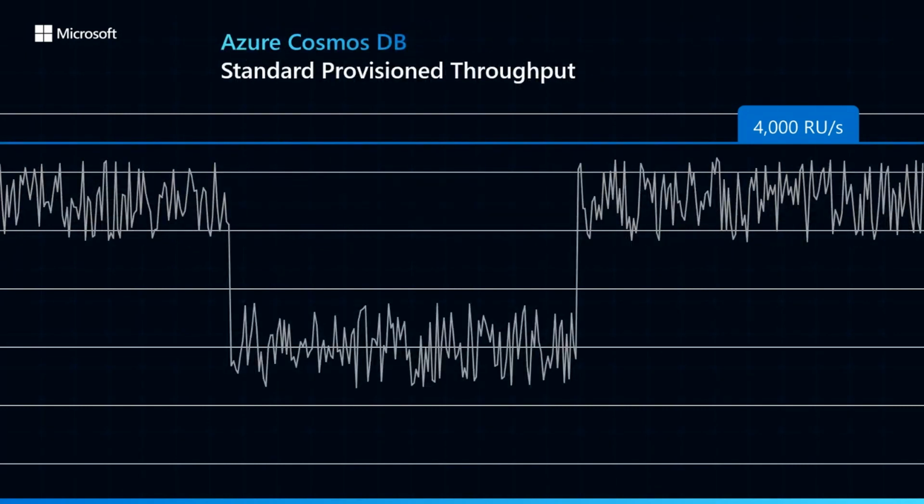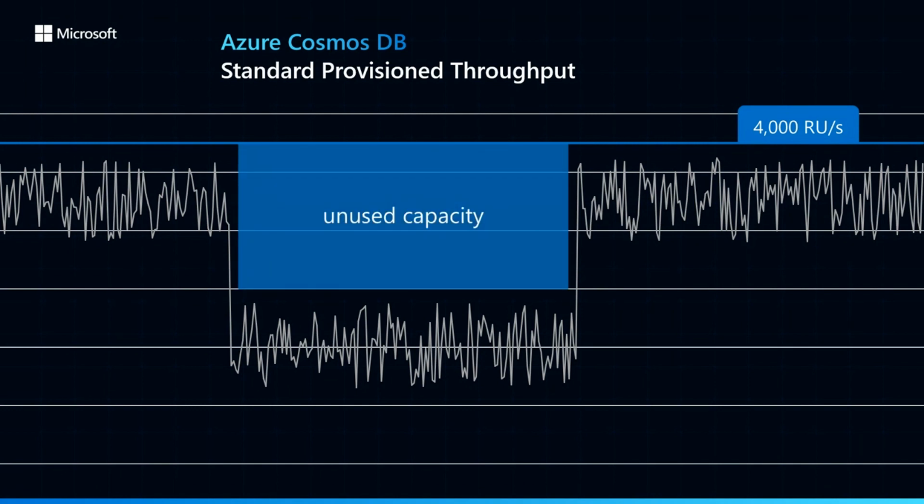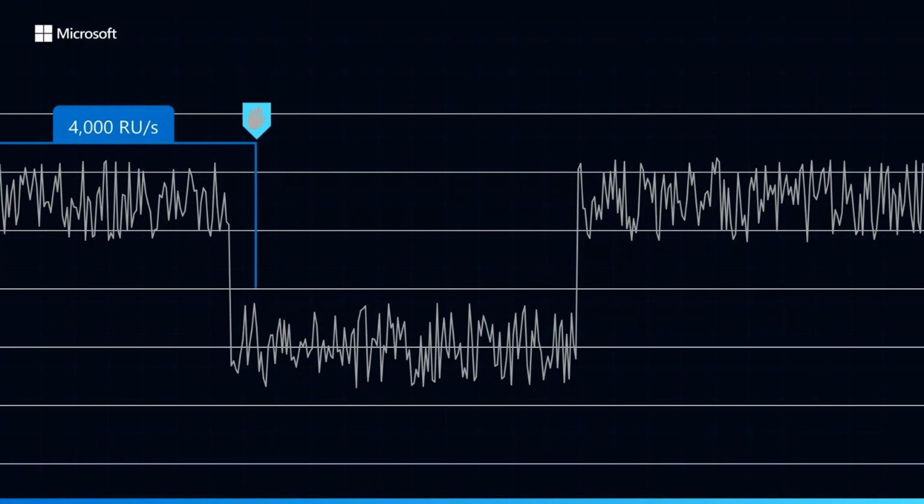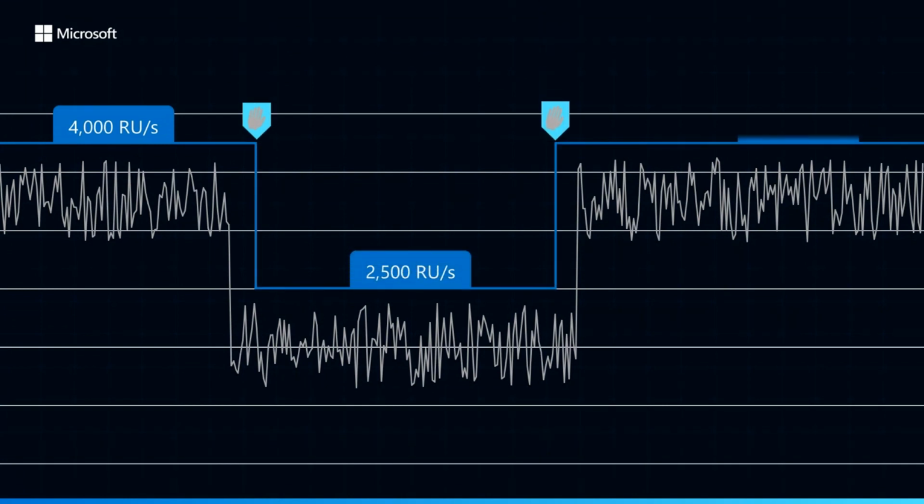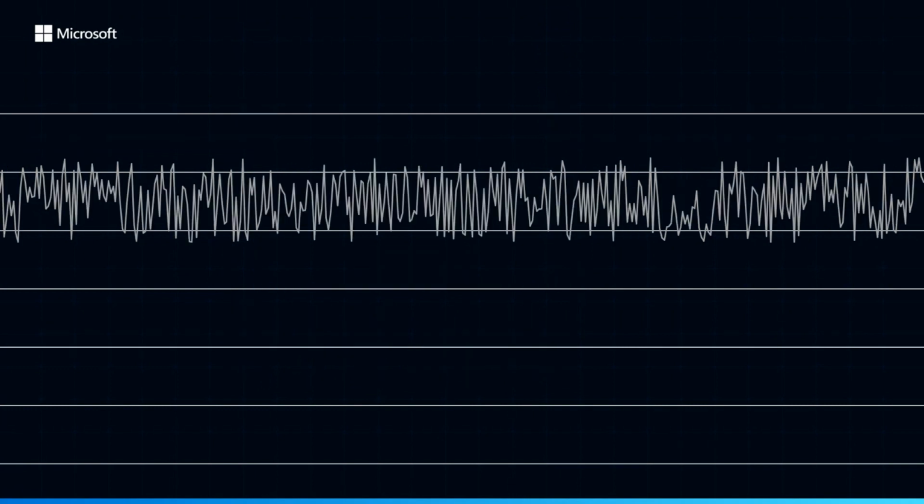If your workload changes from hour to hour, typical of workloads that run only during office hours or only on weekends, you would want to avoid having provisioned throughput during those times where it's unused. You can manually provision throughput at the level you choose and can adjust it at any time using either the portal, the CLI, or code and automation to do so.